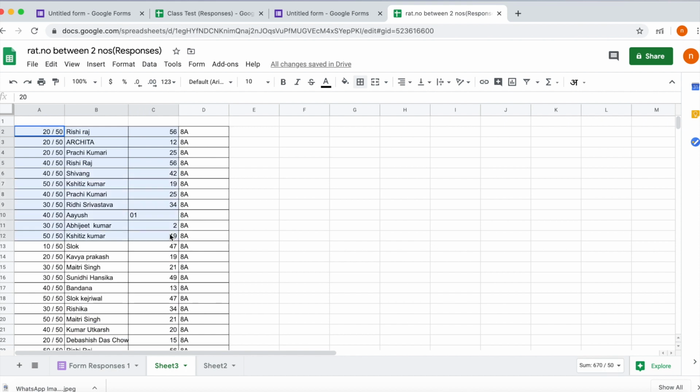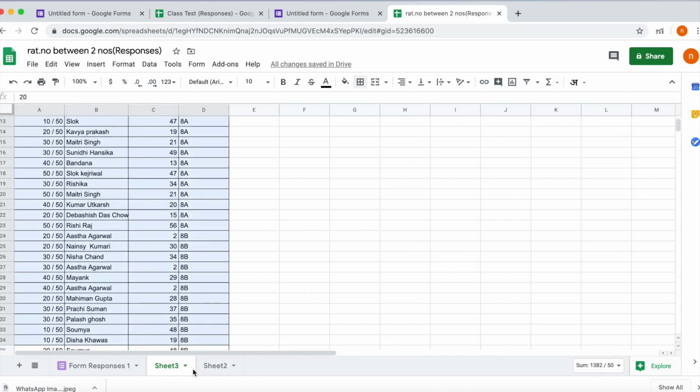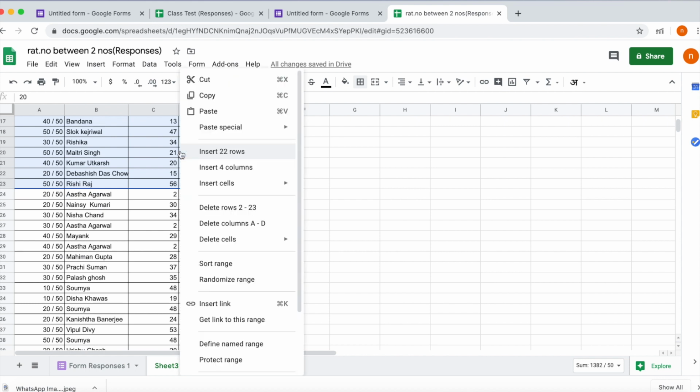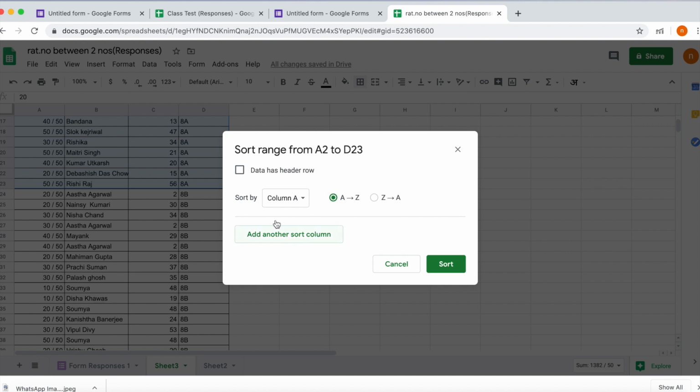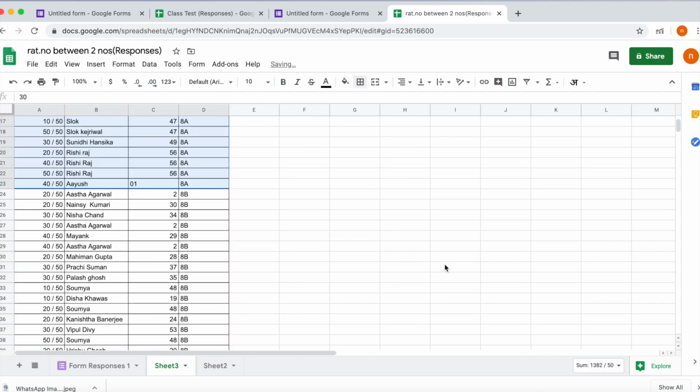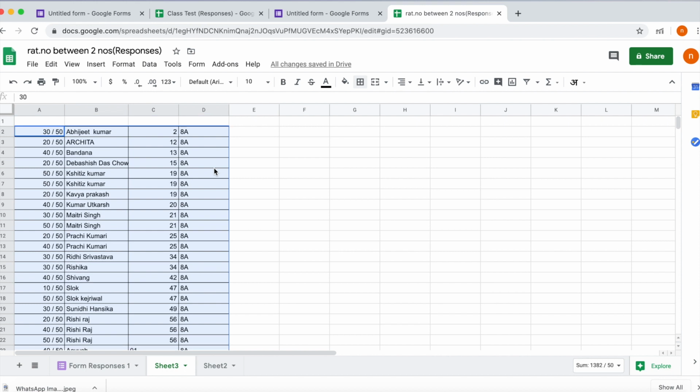Now you see that 8A, 8B, 8C, like this together we are getting the responses. Now I want to sort more, because for 8A, if it is roll number wise, it will be easy for me. So I sort it again according to roll number. Roll number is in column C, so I select column C. You see that all roll numbers we get in ascending order.